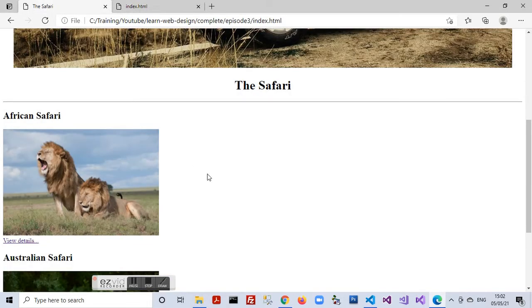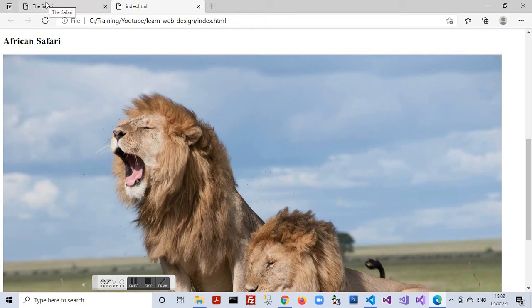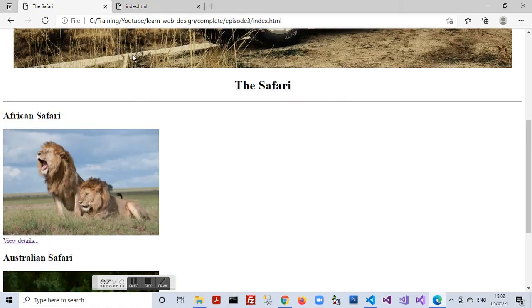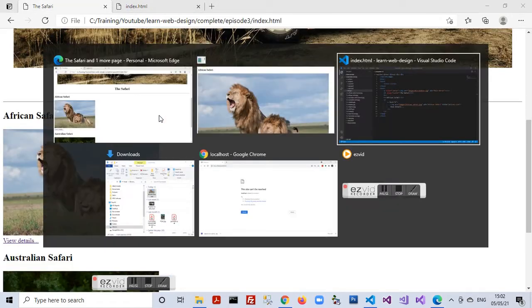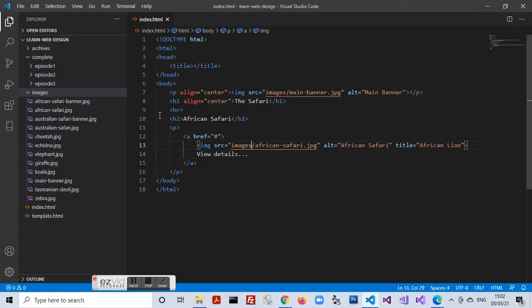So within the image tag, I have additional attributes, the width and the height attribute, which define what would be the display size of the image. So the original size may be different, but the display size can be defined using the width and the height attribute within the image tag.